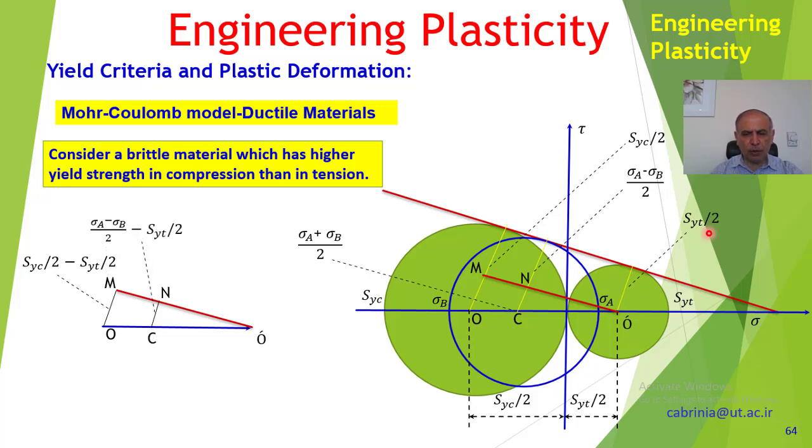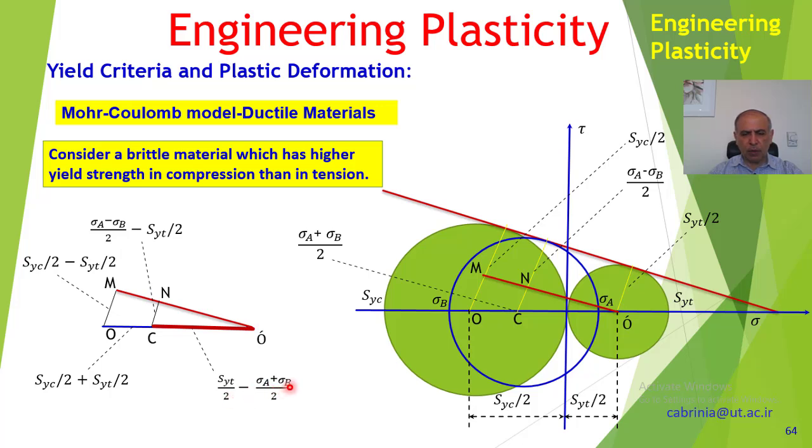Similarly, I can get other parts like Cn, like this Cn. I can get it because this radius is sigma A minus B over 2 minus this part, which is SYT over 2. Okay, so that's Cn. And similarly, I can get this line OO prime. OO prime is SYC over 2 plus SYT over 2. And this line O prime C. O prime C is SYT over 2